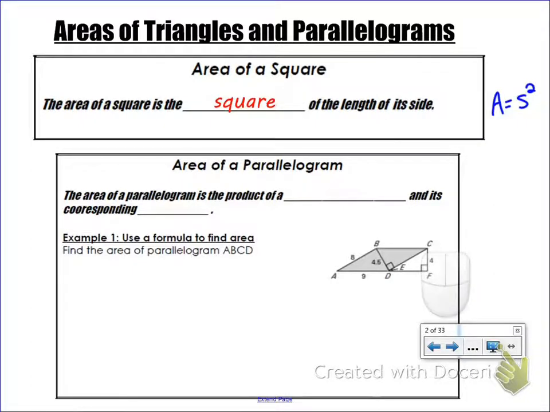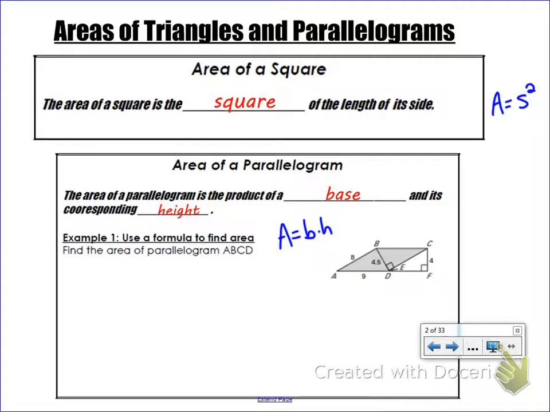Area of a parallelogram is the product of a base and its corresponding height. Product, remember, means we're going to multiply these two things. So the area of a parallelogram is going to equal base times height. Now, one of the things about the word height, height is going to be the perpendicular distance between bases in